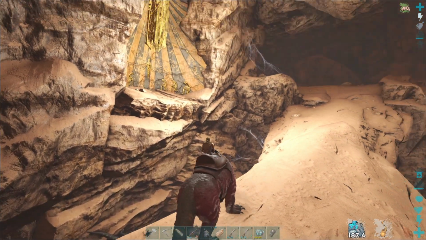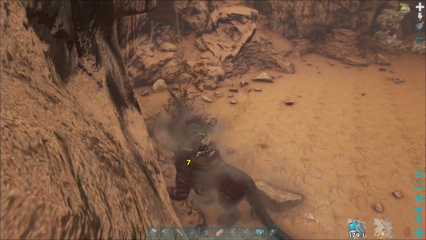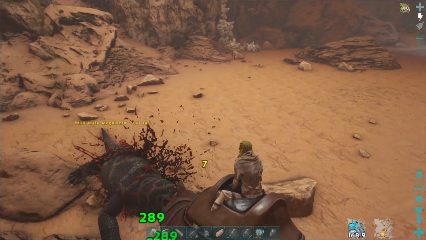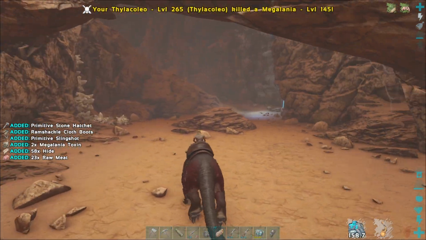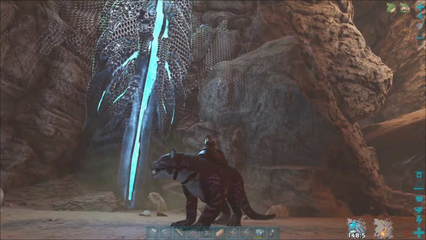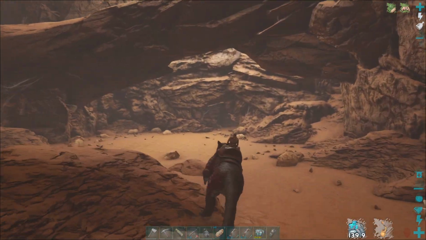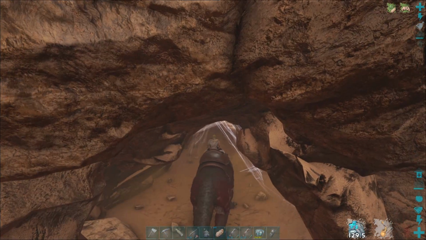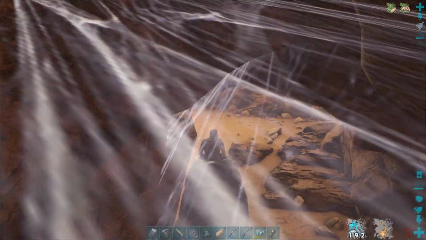Alright, so there's a Megalania on the wall down there, so let's deal with that. This is probably by far the easiest cave to do. This here is a Dossier. Alright. With this entrance here, you need to re-cryopod your dino to get it through. So what I'll do is I shall...